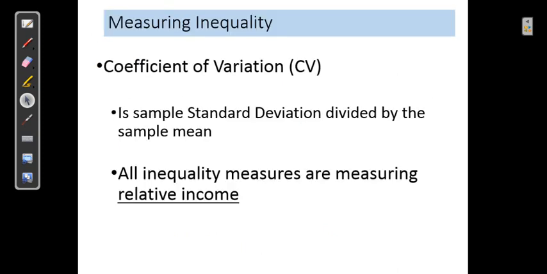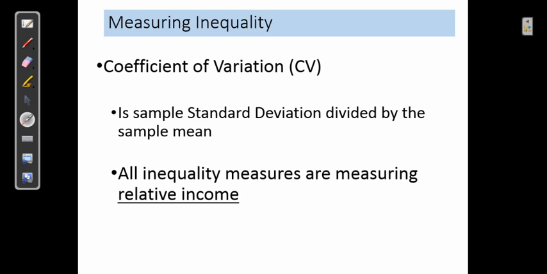So let me move to another important measure of inequality, which is known as coefficient of variation. Now coefficient of variation is a statistical concept, and as per this formula you can get to know the variation or the distance between say the lower income group and the higher income group. In order to obtain CV, coefficient of variation, you need to first calculate standard deviation. Standard deviation is basically the square distance of the individual observations from the mean.